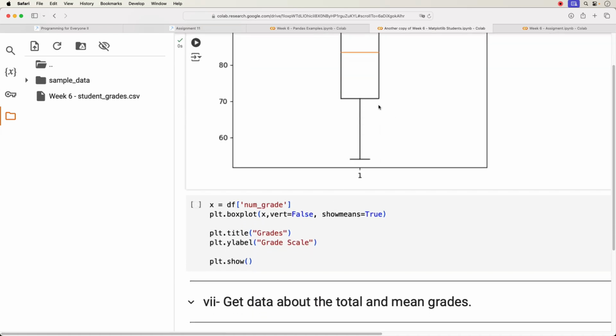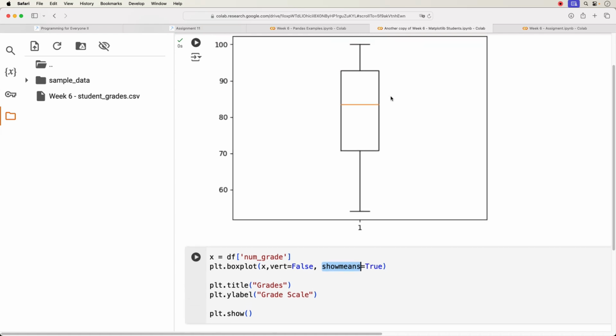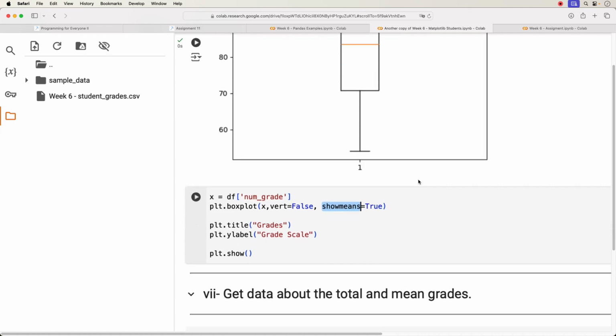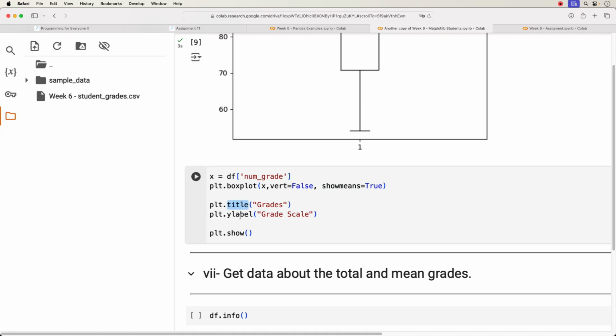Now if you want to get more information, you can call the box plot again, give it the data that you have to give it, but instead of making it vertical as you see here, we can make it horizontal. So I'm going to pass the vert argument, this time set equal to false, because by default vert is equal to true. And then I'm also going to pass another argument called show means and set it equal to true. So means is basically the average. This is the median and means is the average. I'm going to set it equal to true, so it's going to show up wherever the mean should show up. And then I'm going to define the title, and the Y label, and then I'm going to show this newly updated box plot. So if I run this,